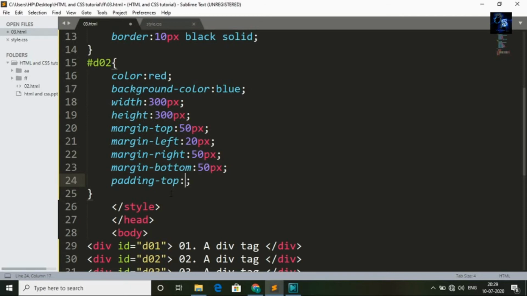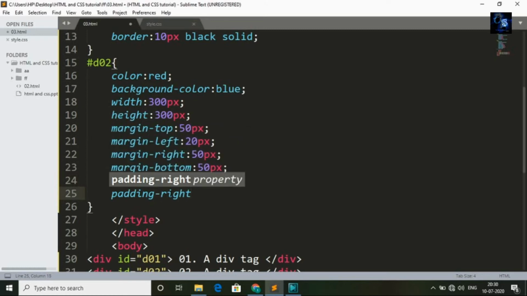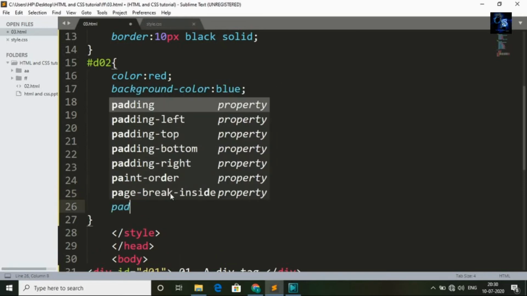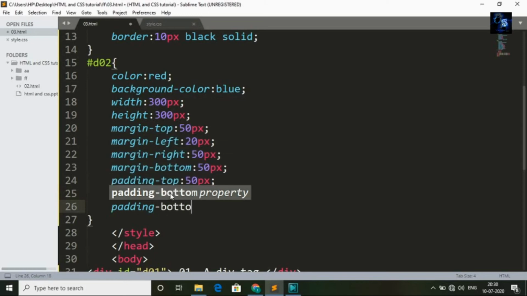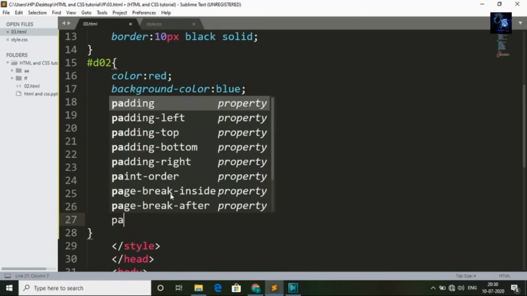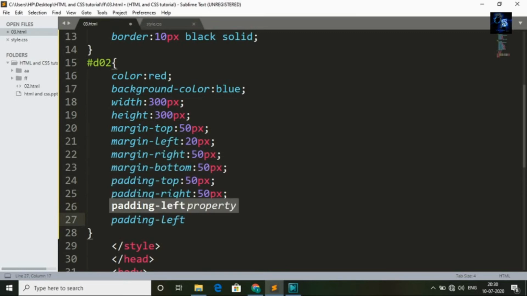Padding top I will give 50 pixel, okay, and padding right, I will give value 50 pixel same, and I will give padding bottom value 50 pixel, and I will give padding left value 20 pixel or 30 pixel, it's okay, 30 pixel is fine.